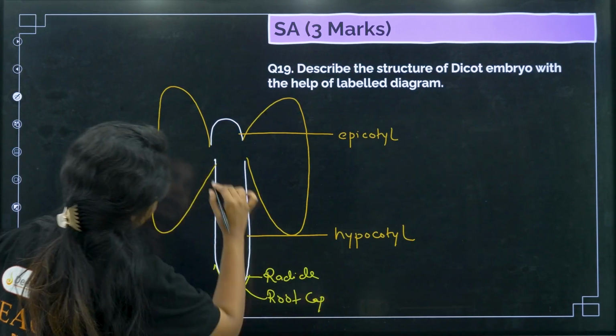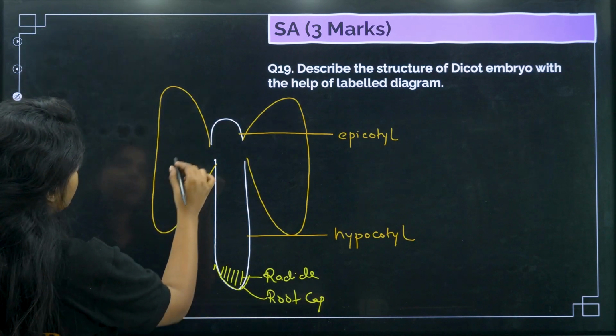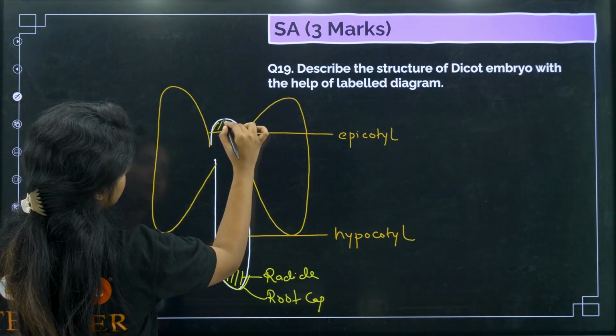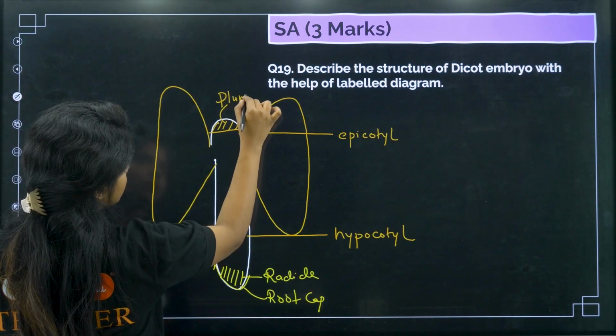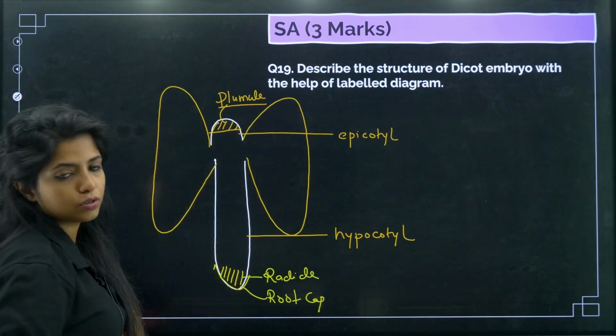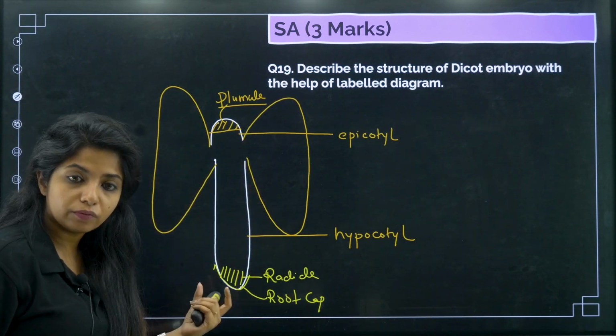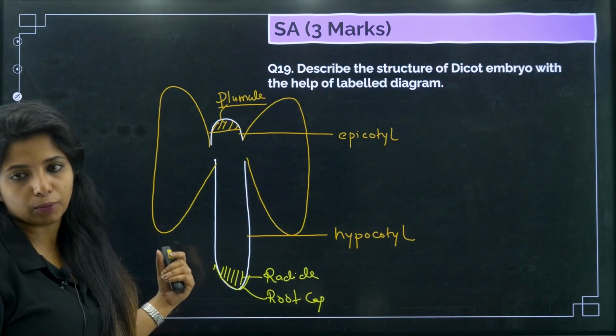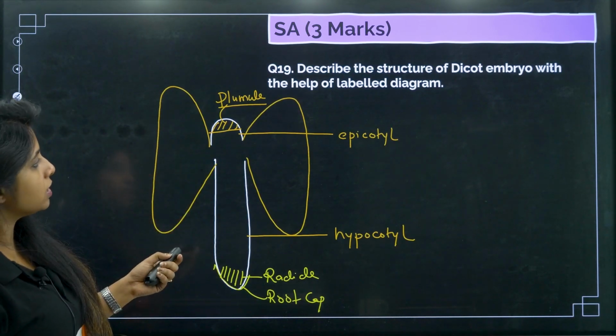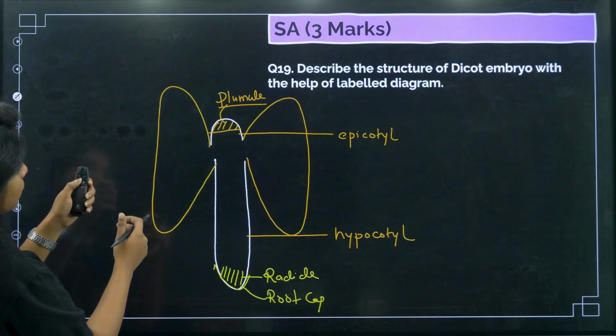Here also, at the end of epicotyl, you will be having the plumule, which will be giving rise to the shoot. And these are the 2 cotyledons which will be utilized for the development of the embryo. So now in the picture that is given in your NCERT, it looks like this, where the cotyledons,